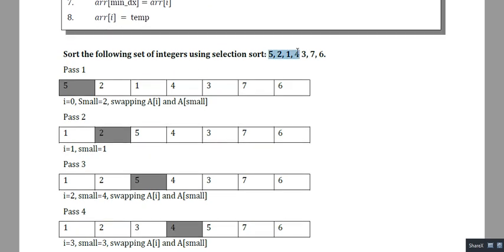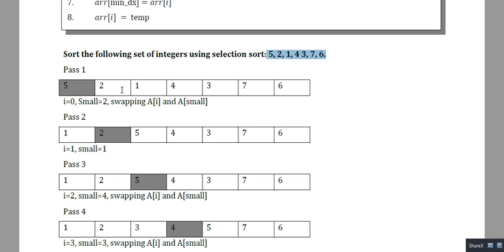Suppose we want to sort this list using selection sort. You first place all these elements in a list or an array, right? Then you select the first position of the array, that is the 0th index. Then try to find the minimum element present in the whole array, right? So the minimum element is 1. So just swap that minimum element with the first index, or the first position, of the array.